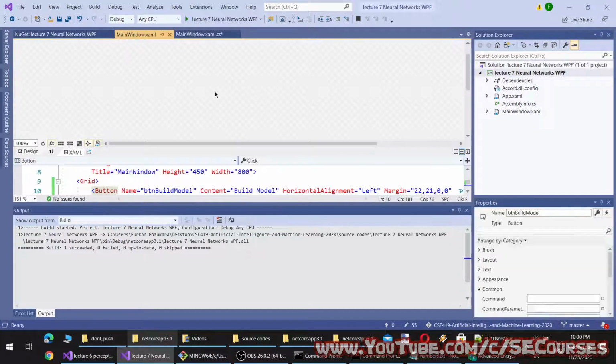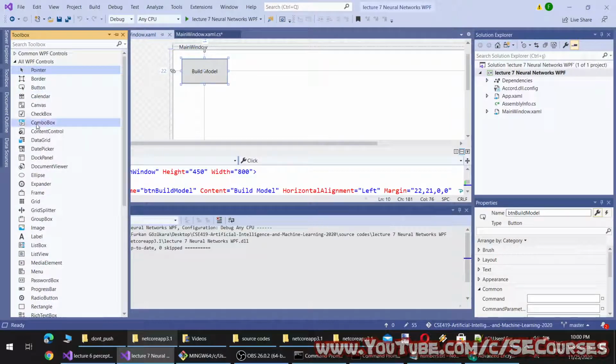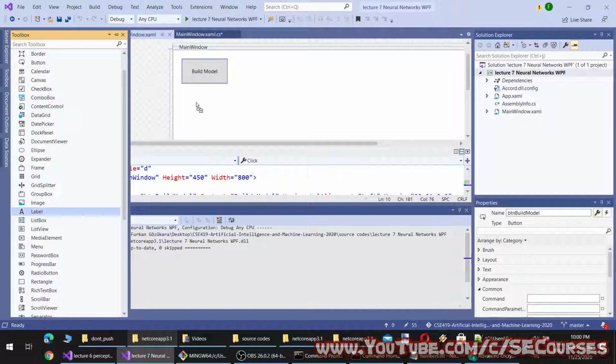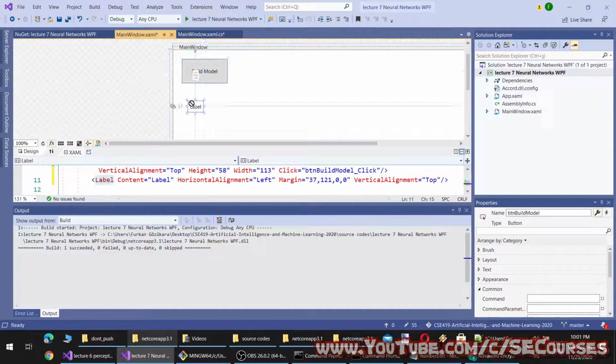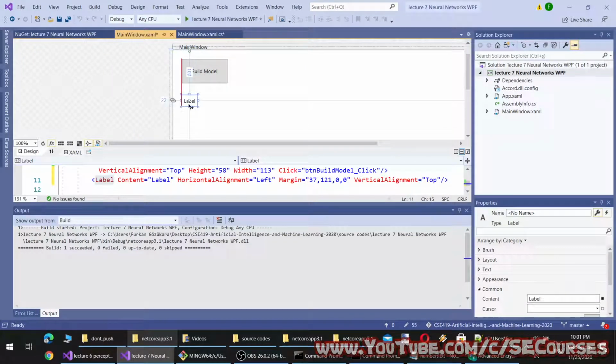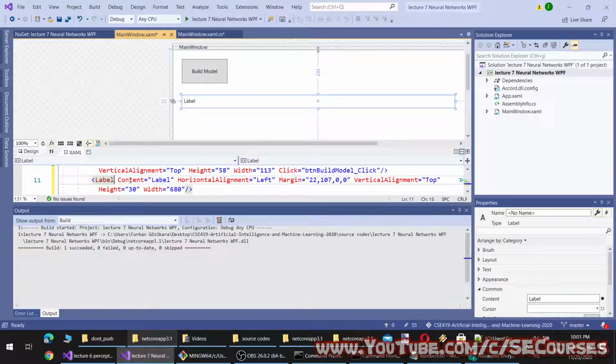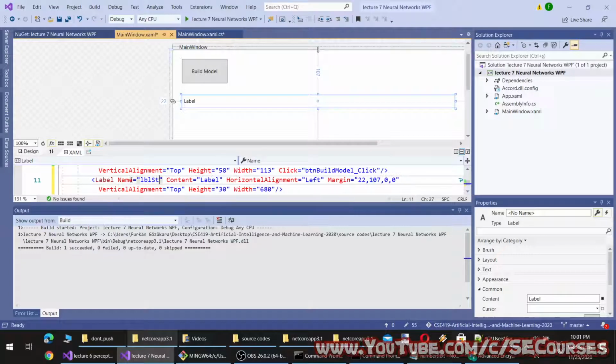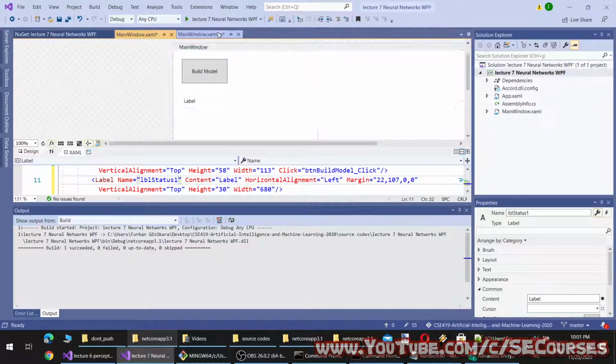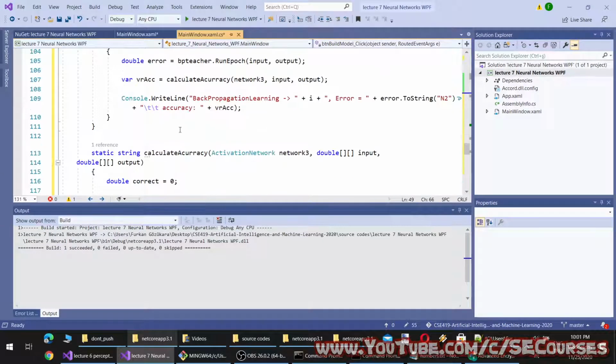Okay, since we won't have the console output anymore, I am going to add a label to display our software status. Okay, like this, and let's make it even bigger. Okay, I'm going to name it status 1.